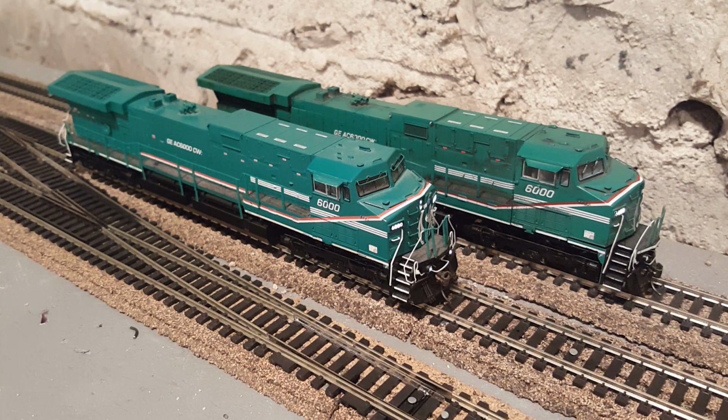But really, they're diesels. I mean, what more of a sound could you really want? Yeah, you could go for as realistic a sound as you possibly could get, but then you're looking towards paying more money for a better sound system. But for what these engines are and for what I paid for them, I'm pretty happy with the sound in them. Paragon2, I will say, is by far